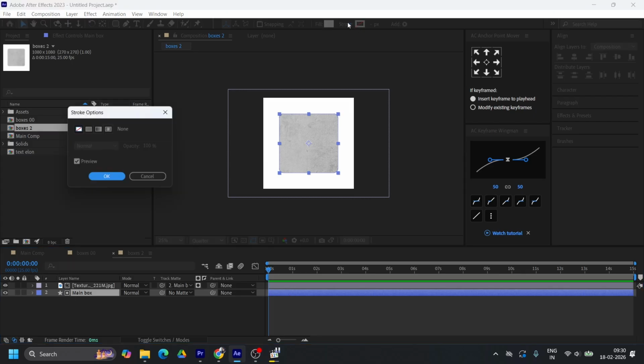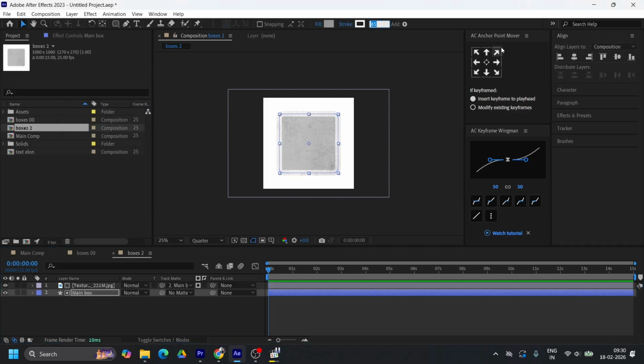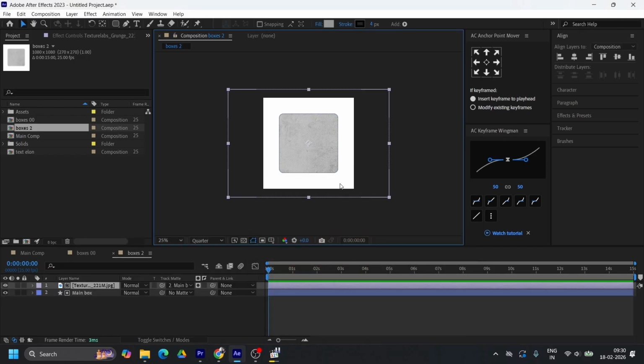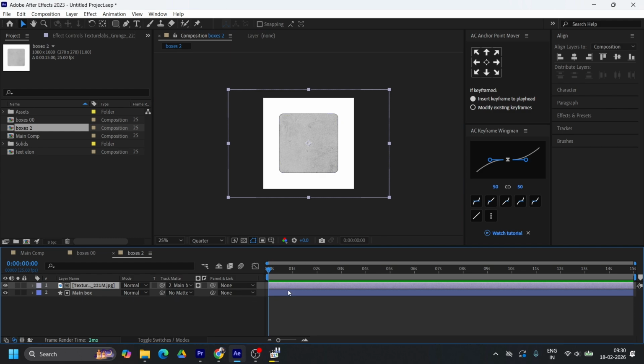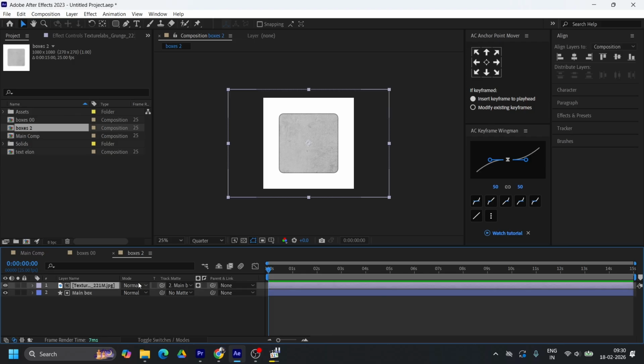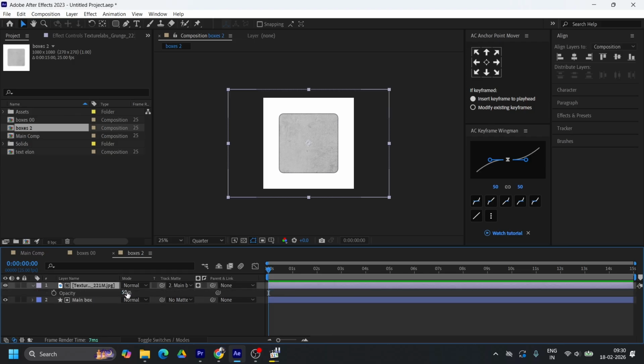Okay, I will add a stroke, let's say 4, and make it black. Maybe a little bit more, increase the width of the stroke and decrease the texture. There is not too much, but